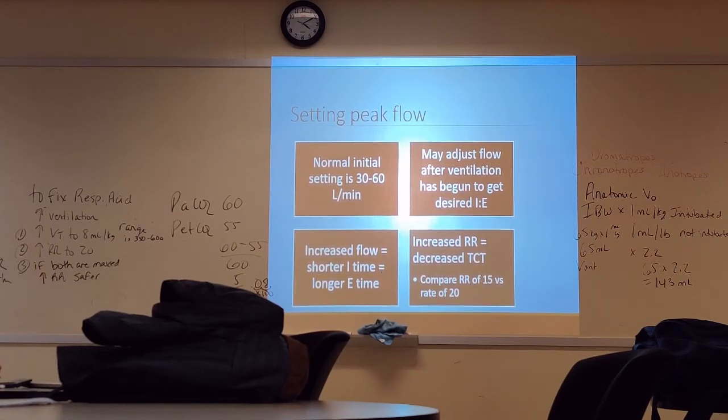If I increase my rate, well, then I have less total cycle time, don't I? If I have a rate of 15, what's my total cycle time? Yeah, if I go to 20, what happens to my total cycle time? Yeah, so I lost a second, right? So now I'm gonna have a rate of 20 going, I have a total cycle time of 3, so I lost a whole second in there somewhere. So I may have to adjust either my flow, my rise, or my I time to make my I to E make sense. Is that clear? Does that make sense to everybody? And the more you play with events, it's gonna,